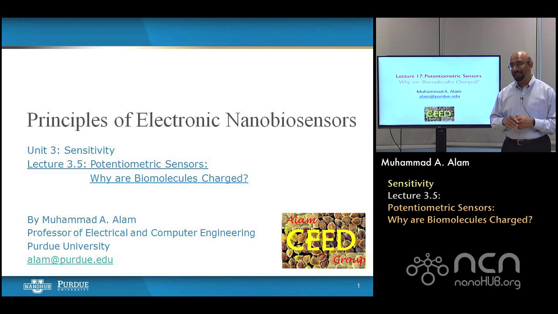Now, in the last lecture, we talked about the second problem associated with a fluid like water, and that had to do with pH. We said that the surface charge dependence on pH could be used for a positive purpose, which is to use it as a pH meter. But in this lecture, I want to come back and show that pH also plays a negative role in terms of biomolecule detection. And this is very important because many times experiments are misinterpreted if you are not careful.